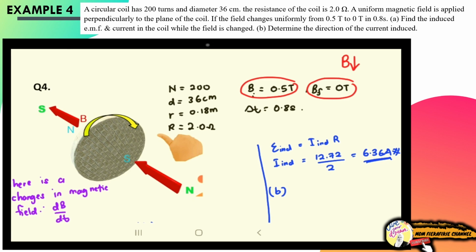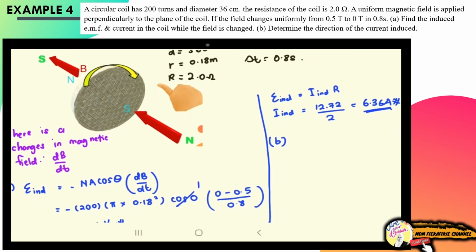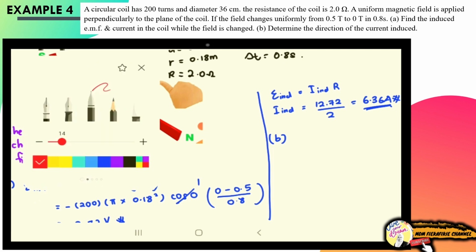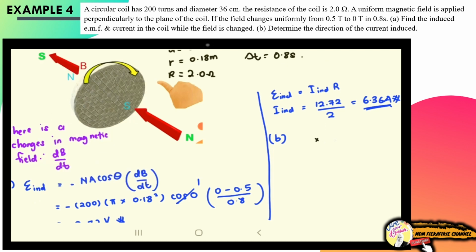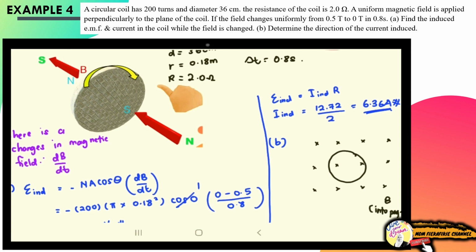Okay, sebab soalan dia bagi dalam bentuk ini. Saya lukis kat awak ya. Soalan bagi dalam bentuk ini. Dia bagi B into the page. So this is B, this is the coil. So B is into the page. Okay, into the page. So since B is into the page, that's why saya lukis 3D diagram saya is into